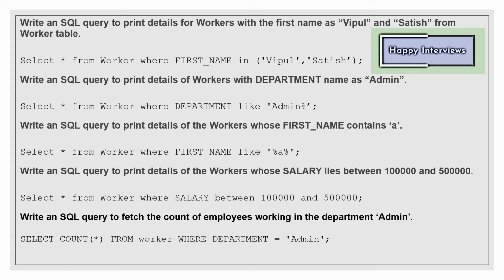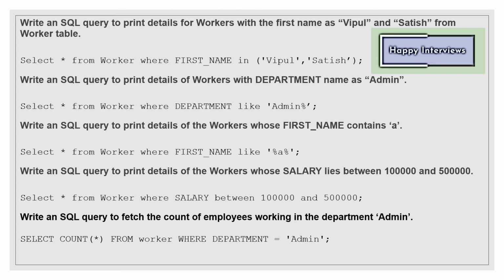Next is write a SQL query to print details of workers with department name as admin. So here we can use the LIKE function also. It depends on the interviewer, like if he asks you to use LIKE also. So what's the query? Select star from worker where department name like admin, then we use the percent symbol. What does it mean?